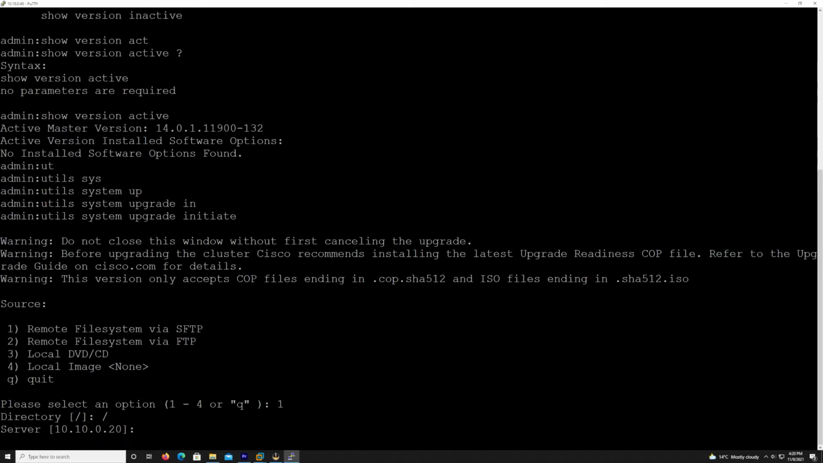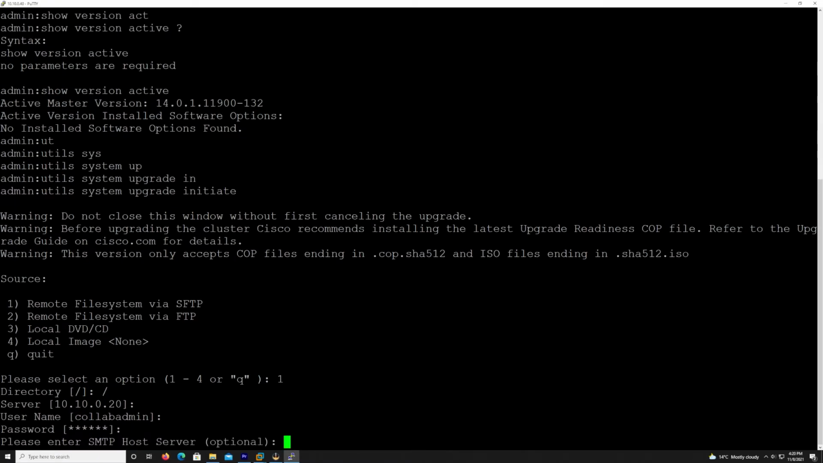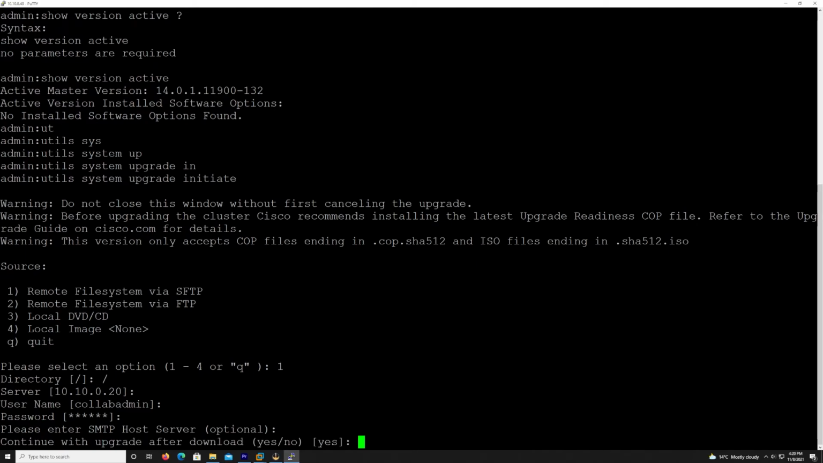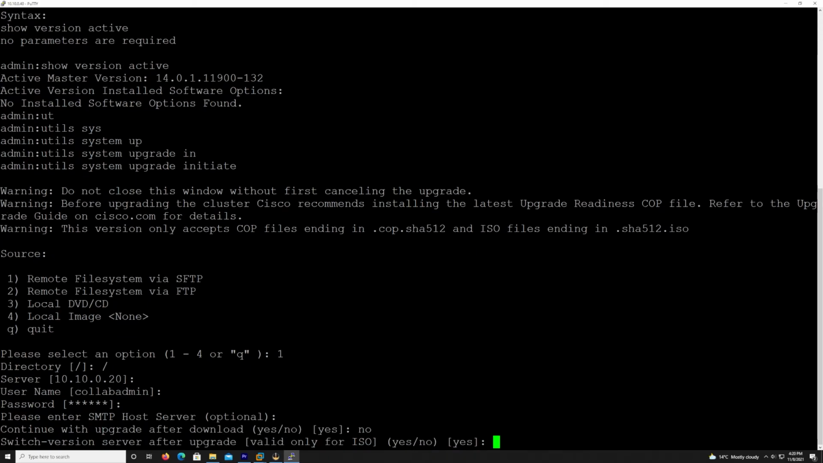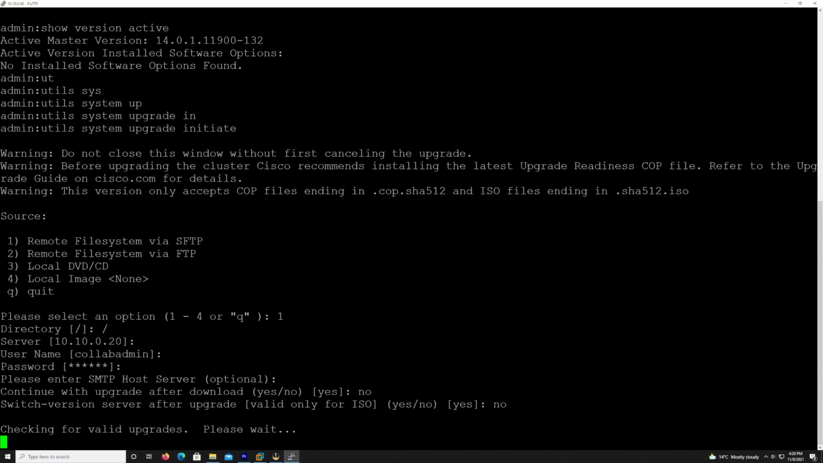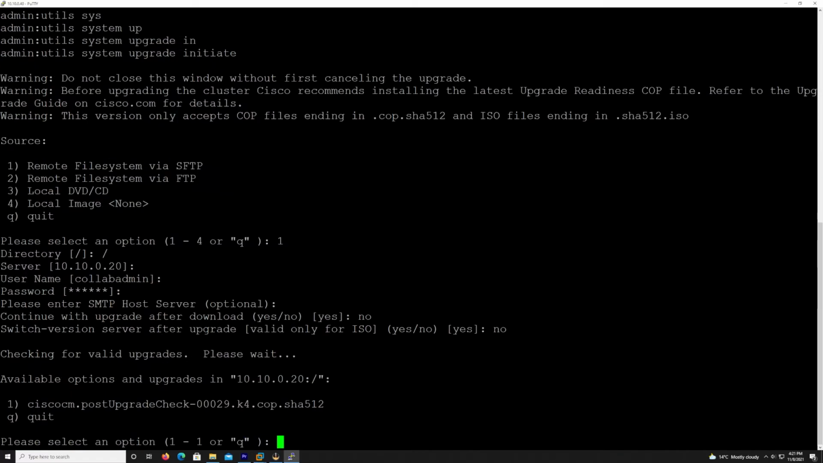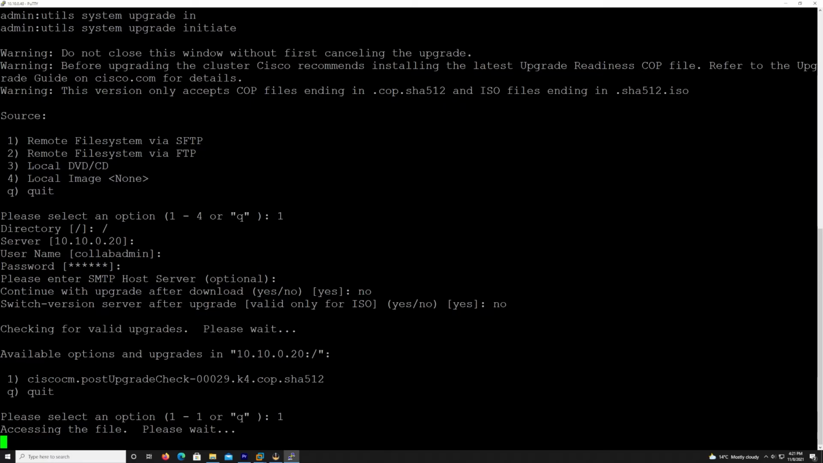You'll see we're going to choose one for SFTP. We're going to leave everything at the default. We're going to say no to the download and no to the upgrade, and we're going to wait while it validates the file, and we're going to see what files we have available to us. And you'll notice that the pre-upgrade check isn't there. And remember, that's because in this version, we're only supporting files that end with